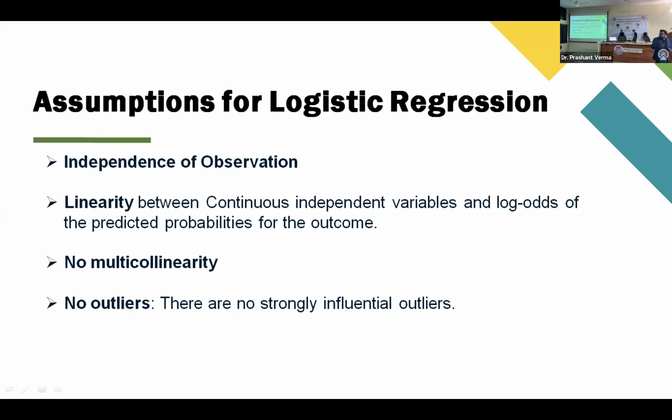So the answer is we do not see the correlation between the independent variable and dependent variable in logistic regression directly. There is no assumption for the linearity between the dependent and independent variable. The problem was that when you put one x-axis and y-axis, suppose you put age in x-axis and weight in y-axis, you can see some kind of linear relationship. If your y-axis variable is binary, either 0 or 1, it will not show a linear kind of relationship.